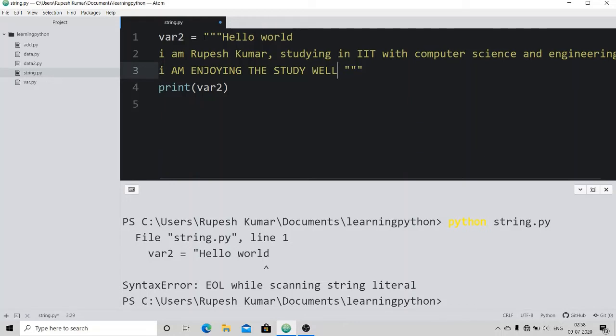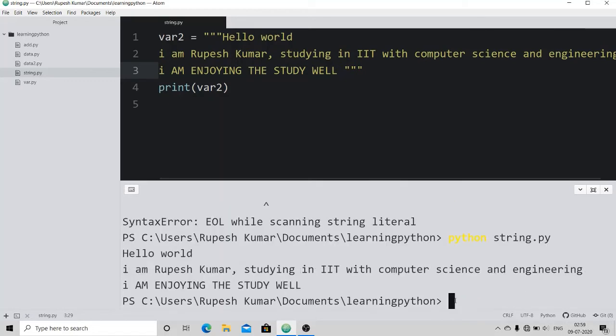Now if you save this code and run it, you are going to see the same output as we have written in the multi-line string in the code. Now what happens if you replace this with three single quotes? It will give the same output.